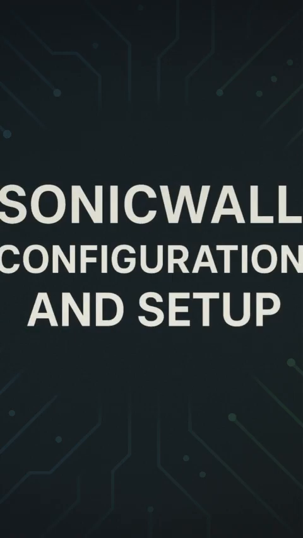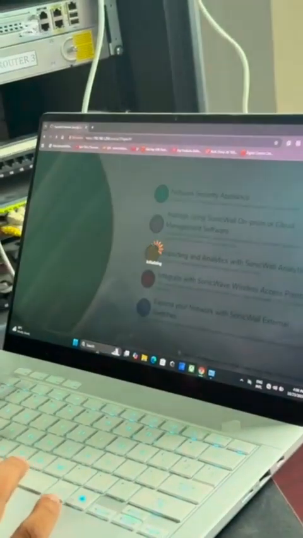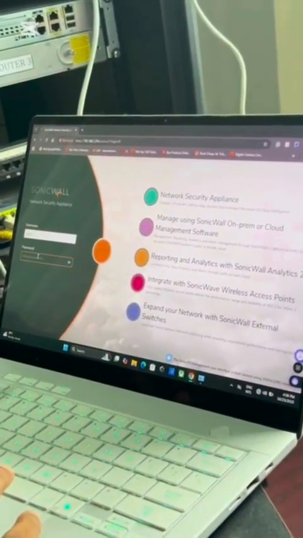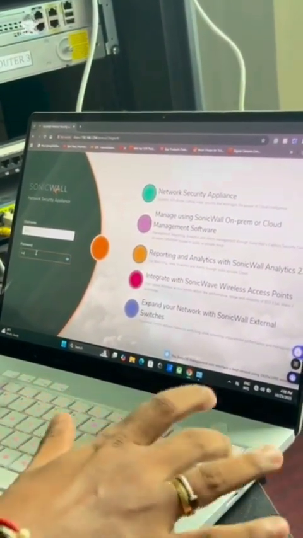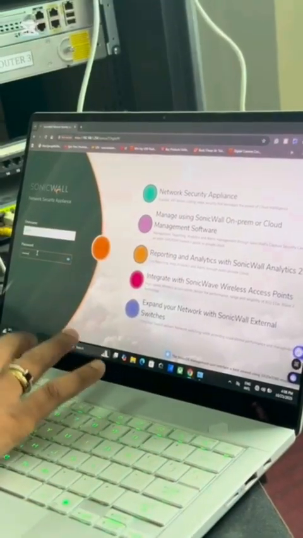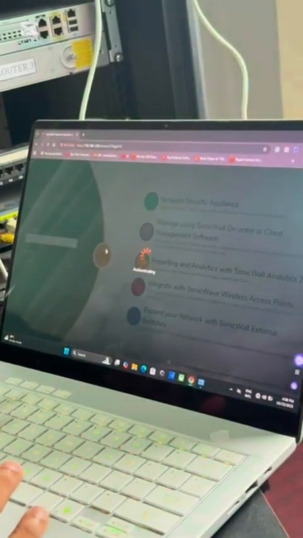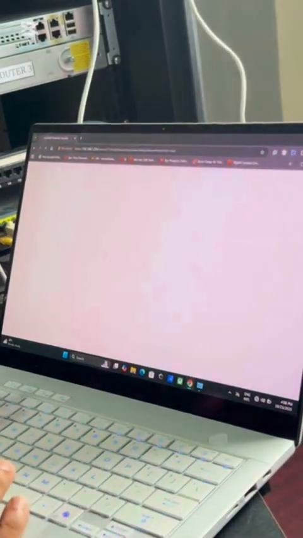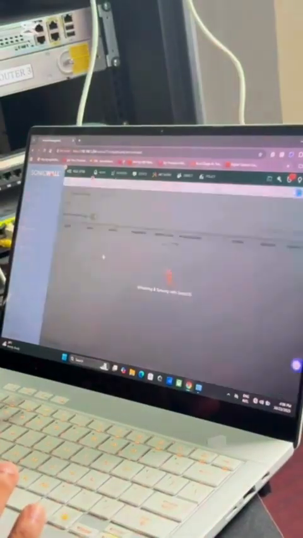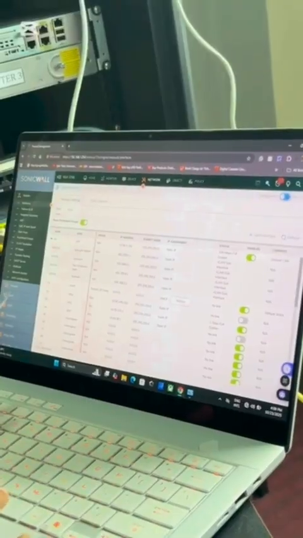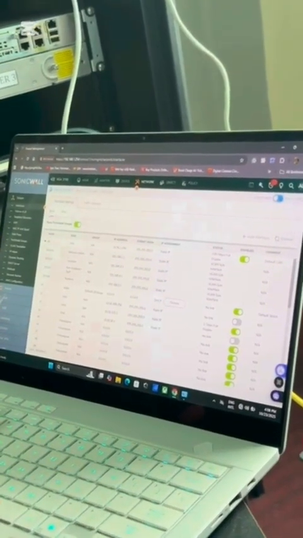create a DHCP server for each device and put the range in the system, likewise for lecturers, students and non-academic. I'm going to put that into the X0 port, because X0 is where I'm connected to the switch. After connecting the switch, I configure the switch for each one separately. Here you can see that